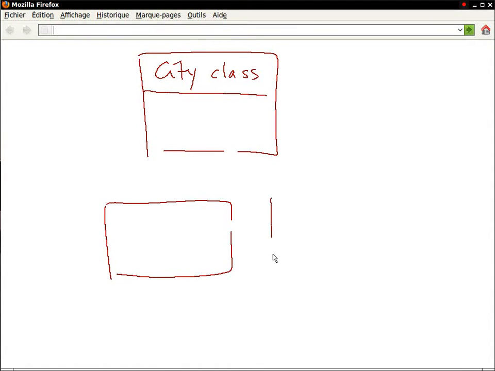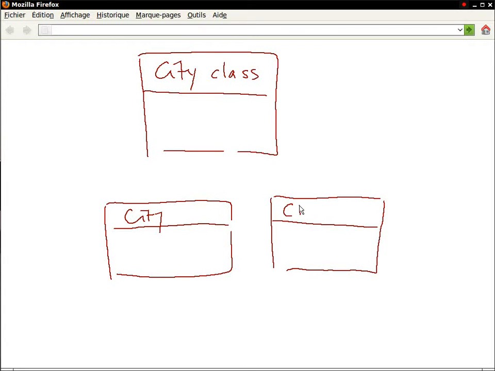And so the complexity is what data do these things have? And city, of course, derives from CSV base. I can't erase it here. Okay. So a city is going to have,